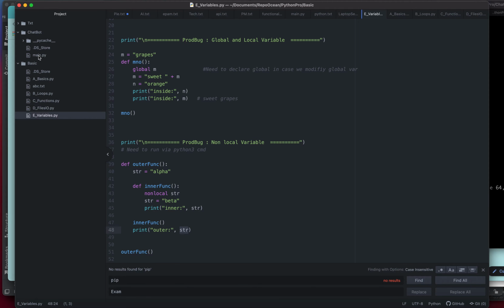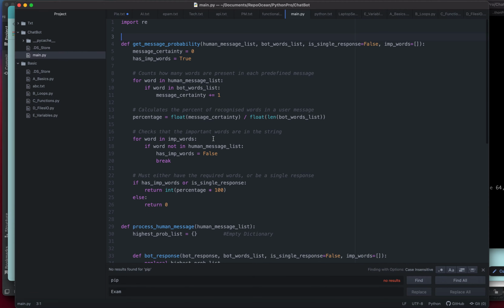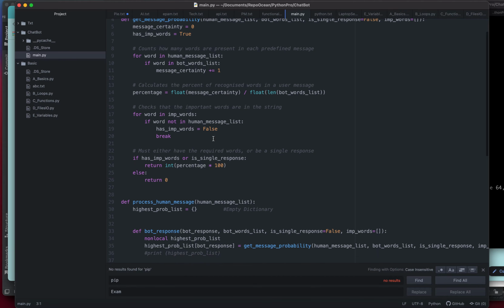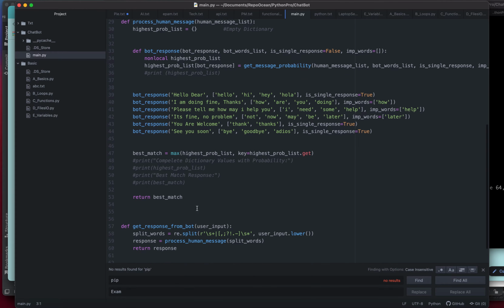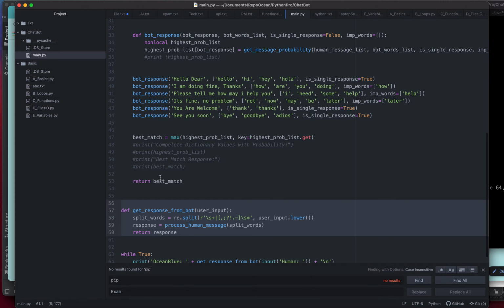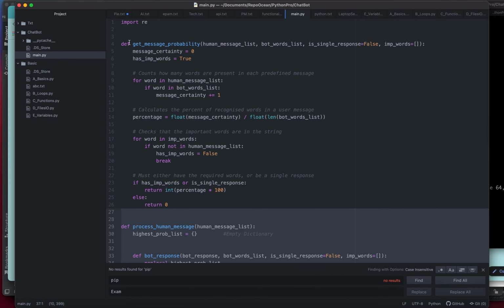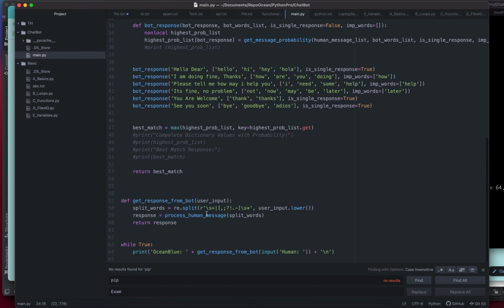Okay, so too much talking, and again a lot of talking is going to happen in this particular code. It looks big, but believe me, it's not that difficult. If you are able to understand all these chapters properly, you can easily understand this. Not to waste time, let's create a small bot. First of all, we'll start with line number 63. These are the methods. This is the first method, this is another method, this is another method. So basically there are 3 methods, and the code will run starting with the while loop,